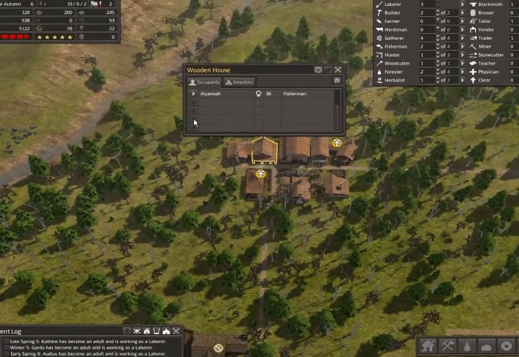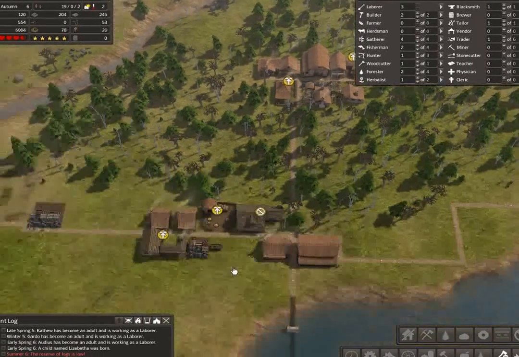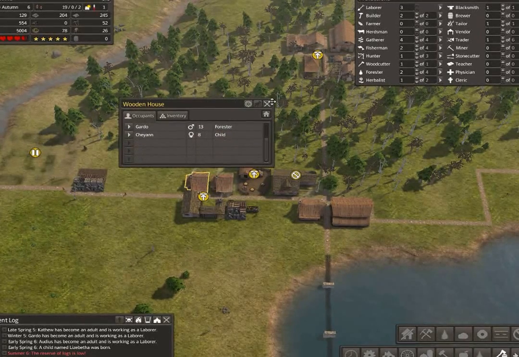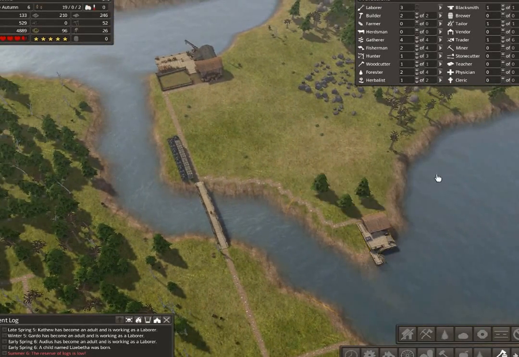Like the last 4 houses had some overcrowding issues. Like this was down to like, I think, 2 people. This was about the same. This is about the same, I think, and this is +1 of an extra person. And we got the fishing dock up. We've done a lot of